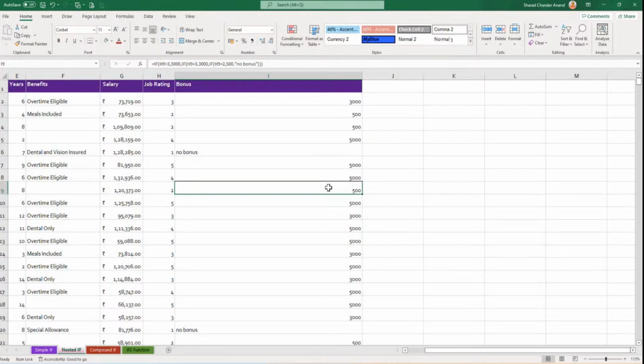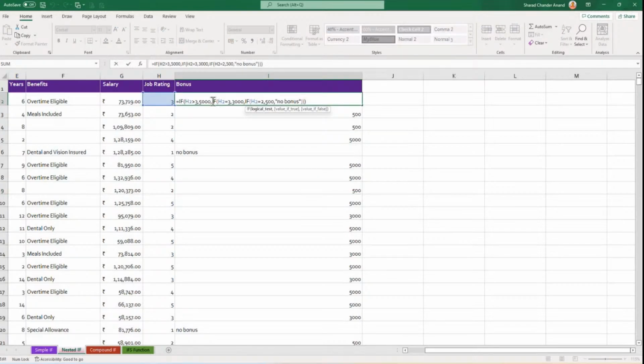Now, in older versions of Excel, you can use a maximum of 7 nested IFs. So how many have we used so far? We used 1, 2. In older versions of Excel, you could use only 7 nested IFs. But starting with Excel 2007, believe it or not, you can use up to 64 levels. If inside of an if, inside of an if, 64 times. Now I can't imagine going that far, but you can potentially see the usage of this, the limit of this,